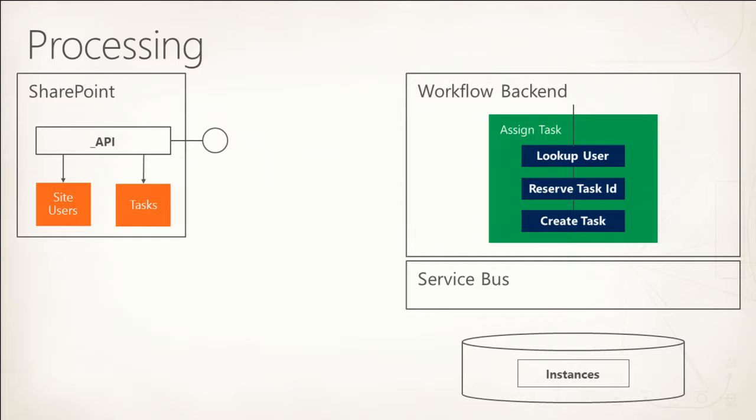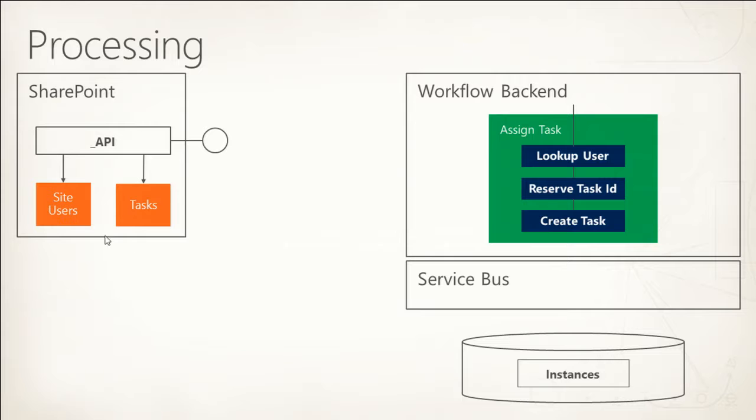one level below inside the workflow manager. And here we'll get into some of the questions of how things scale. So we have SharePoint, and we have the workflow manager. The workflow manager really consists of three major pieces. There's the back end, the service bus, and the front end. So all the processing for the workflow is happening on the back end. Typically, the back end and front end both sit on the same machine in a server